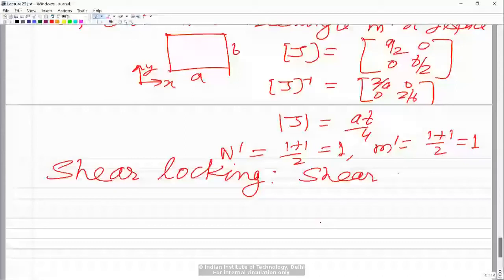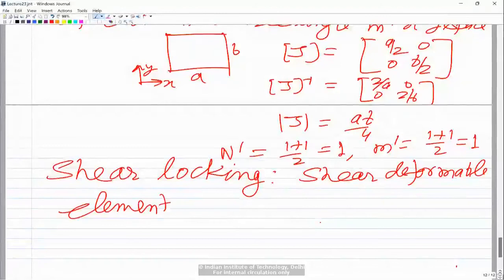And if we had theta x and theta y written in terms of del w by del x and del w by del y, then this plate theory is a classical plate theory, and then this shear locking does not arise because there is no shear deformation as such in that. So shear locking means when we use shear deformable